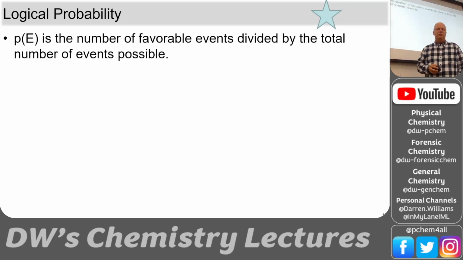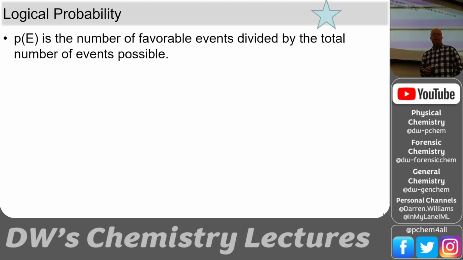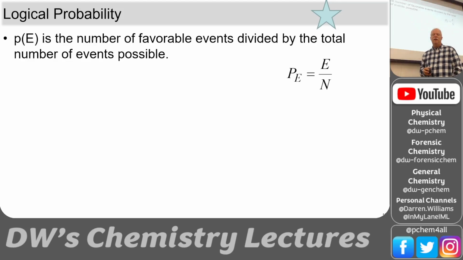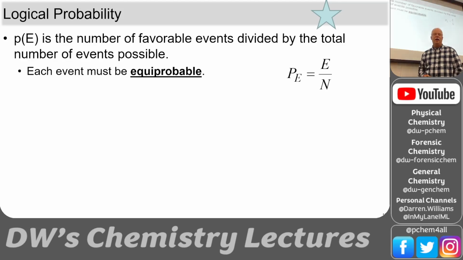Now this probability, or P of E, probability of some event, is the number of favorable events divided by the total number of events possible. So this is getting into the empirical side of things, and we can put measurements on those. So we could have a number of systems in the denominator, and we would have the system or configuration we want in the numerator, and we could calculate the probability for that happening.